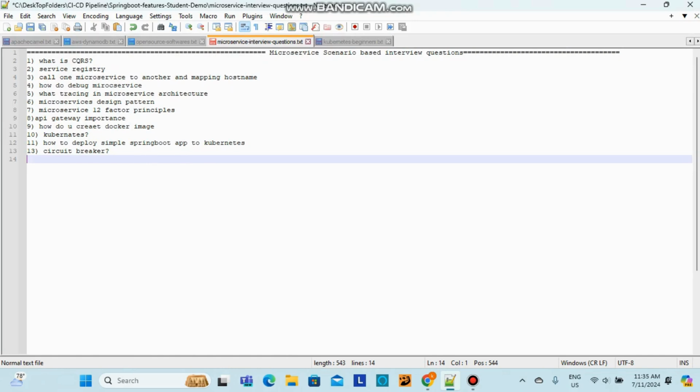And then circuit breaker we have discussed already. So these are some of the questions, a few basic questions you may come across when you are attending a microservice interview, right? But still, particularly for Java microservices, we can discuss in the next session Spring Boot interview questions, what interview questions you come across. We will discuss that, right? For now, these are the questions you may face during the microservice interview.